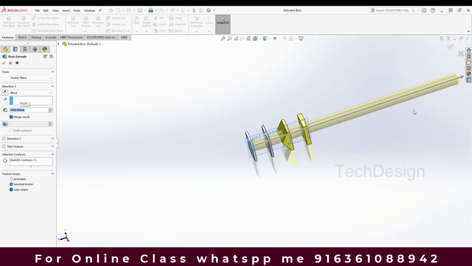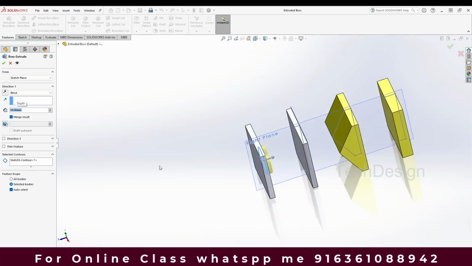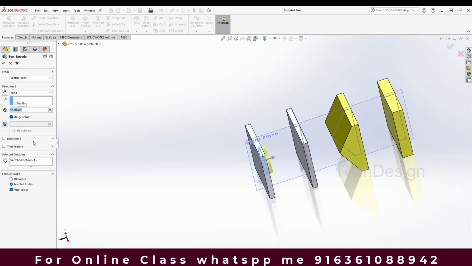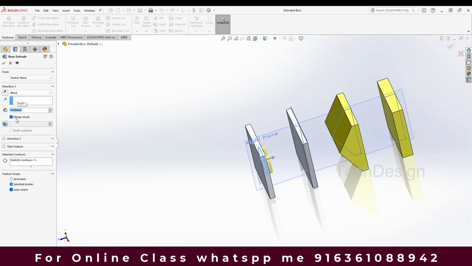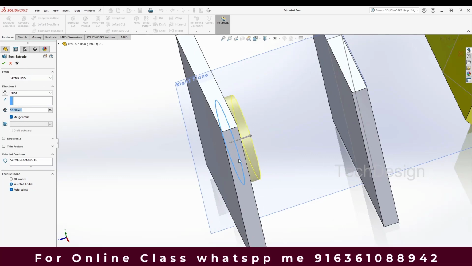You can see here 100 mm. So if you give 10 mm, it is going to create 10 mm. So it will be creating the way you are giving the value. So you can see here the merge result. Merge result is nothing but whatever body is created with this extrude,